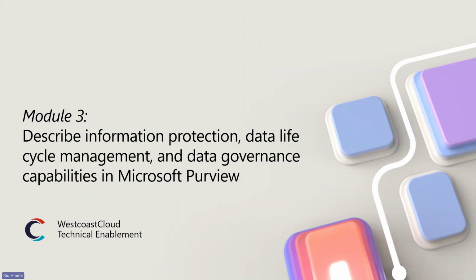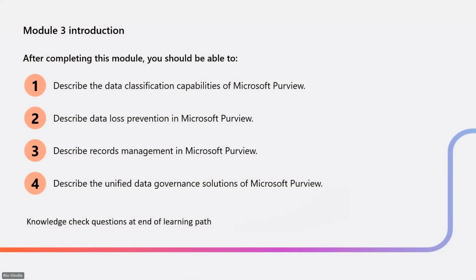So we'll start looking at describing information protection, data lifecycle management, and data governance capabilities in Microsoft Purview. First things first, we'll talk about data classification, because we need to protect all sorts of different types of information, including financial and personally identifiable information. Fundamentally, this must be done to ensure customers, employees, and clients are protected from all types of different risks, and the business needs to stay in line with compliance standards